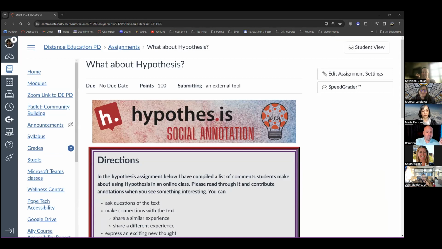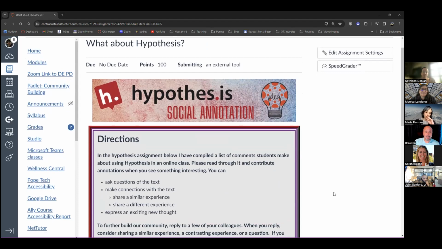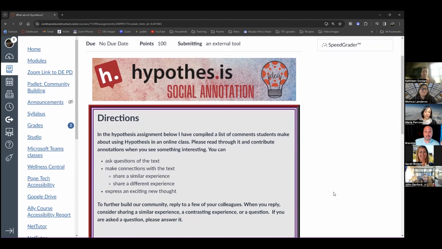I was number 1 for a while, but I don't know if I'm still number 1. I haven't seen data for a little bit of time, but I am a massive user on here. So I have the most student posts and some of the most instructor posts out there. So I use it a lot. I just want to let you know that I love Hypothesis, and actually the students love it too. And that's what I'm going to have you practice with today in Hypothesis.